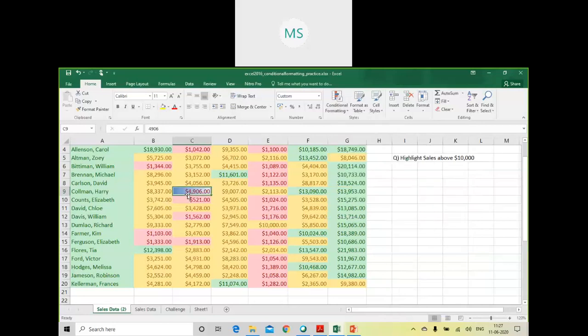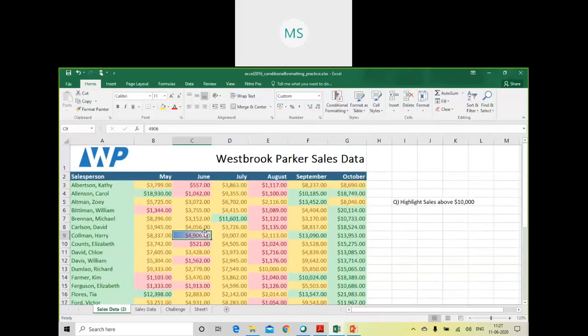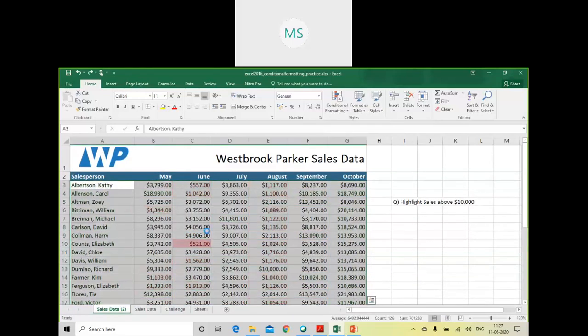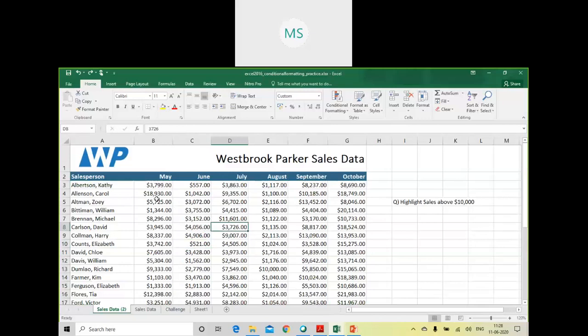It will represent the data in that particular data bar format instead of providing a plain background. So this is how formatting can be done. I hope it has been clear to all of you.